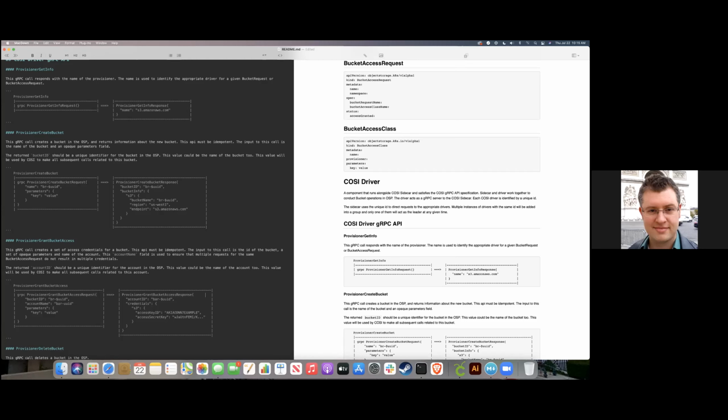And so we can do it on a field by field basis because all the fields are well defined, and there's no extra fields. So yeah, I don't see any problem with just putting the secret stuff in the secret and putting the rest of the non-secret stuff in the bucket access object and having code in the sidecar that does that. Yeah, we can do that.